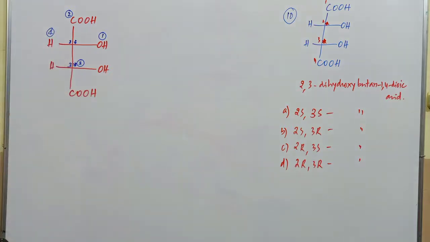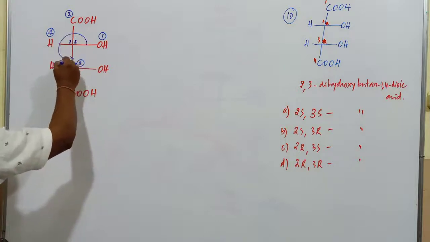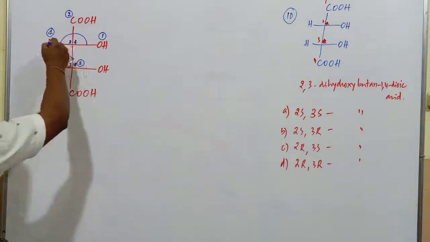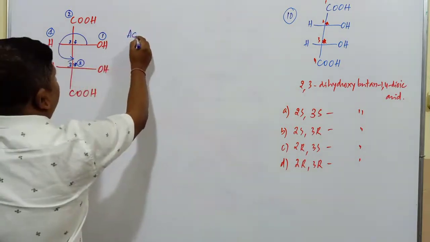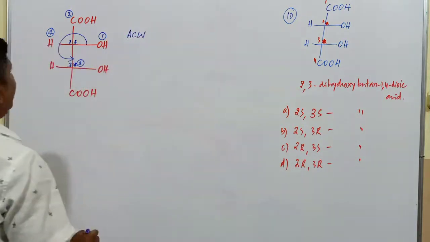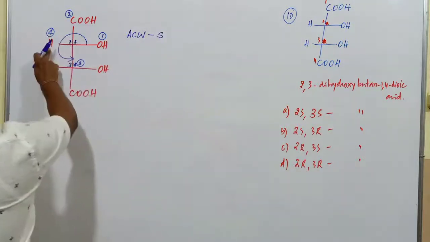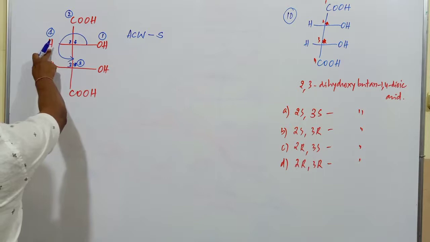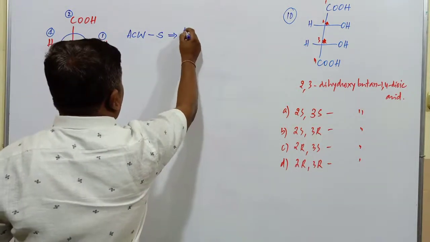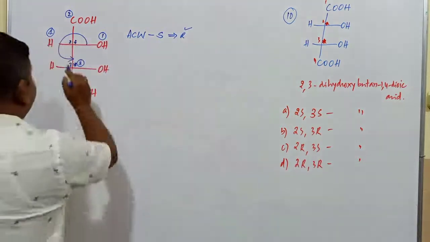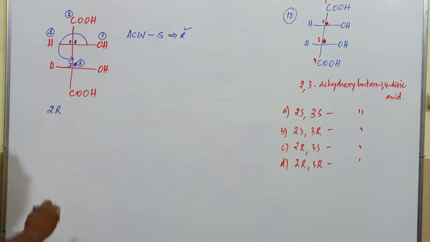Now the movement is going to be in which direction? This is 1, 2 and 3. 1, 2 and 3 means it is going to be clockwise or anti-clockwise. It is anti-clockwise. Anti-clockwise means it would be considered S, but the hydrogen or lowest priority group is present in a horizontal position, so instead of S it should be taken as the R isomer. Now with respect to the second carbon atom, it is commonly called 2R. This is going to be taken as 2R.